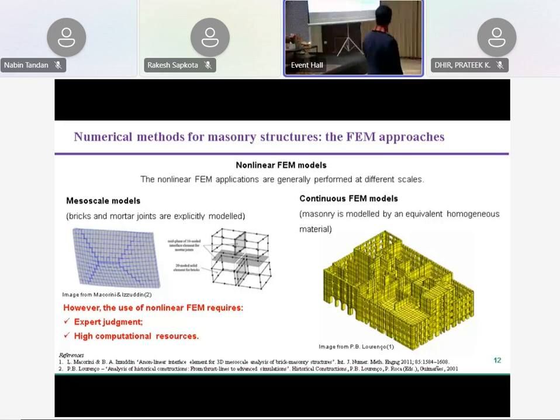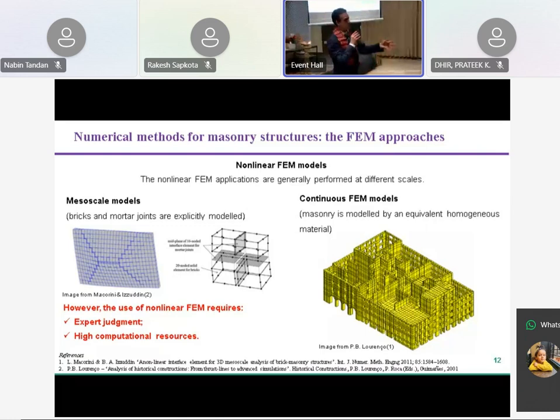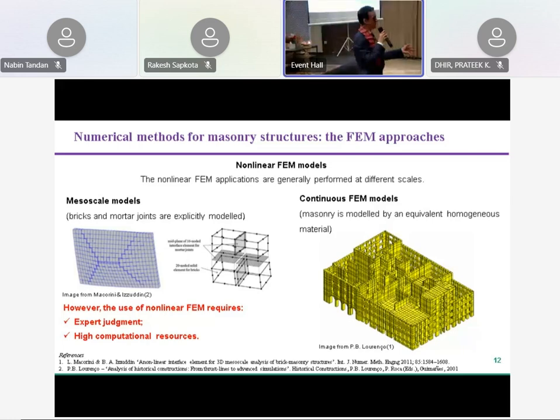It is a little bit less computationally demanding, since we lose the information about where each brick is, and we homogenize the behavior of the masonry. So we are accepting a great simplification, but the reward is reduced computational time. However, even the macro scale models are quite computationally demanding, more so the mesoscale discretization. This is why, next please,